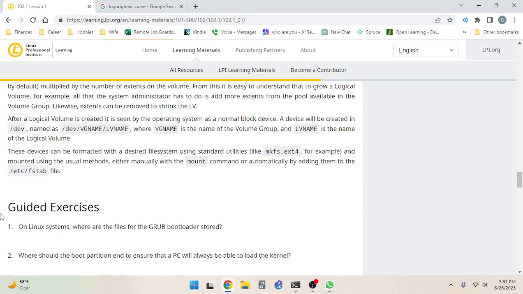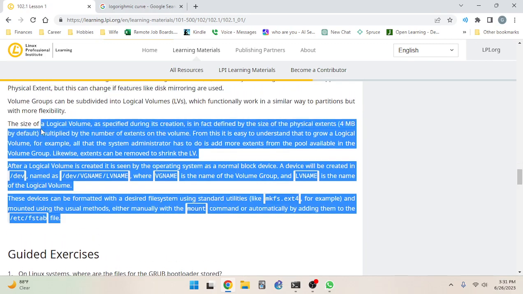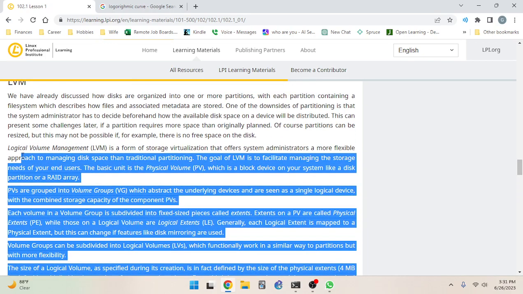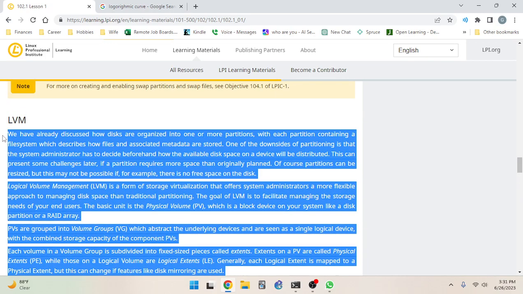These devices can be formatted with a desired file system using standard utilities like mkfs.ext4, for example, and mounted using the usual methods, either with the mount command or automatically by adding them to the /etc/fstab file. And I chuckle there a bit because this was a very dry section, and a lot of it